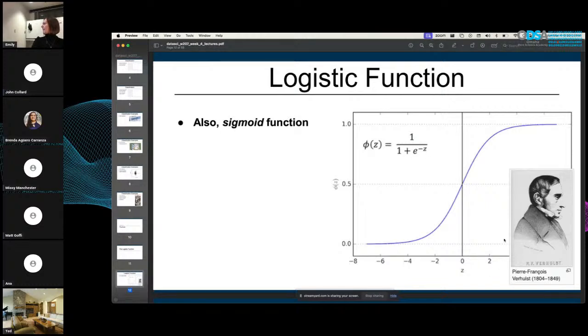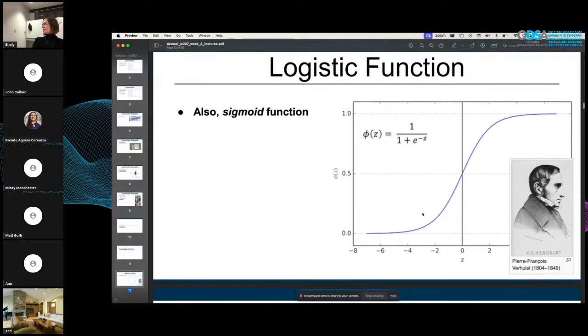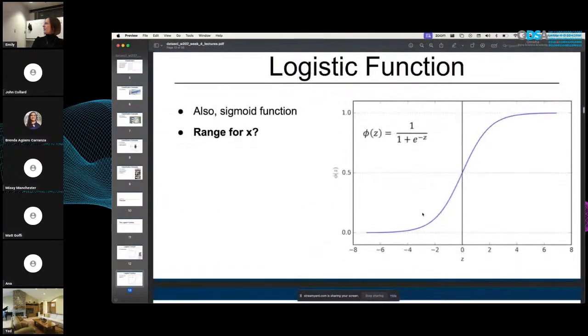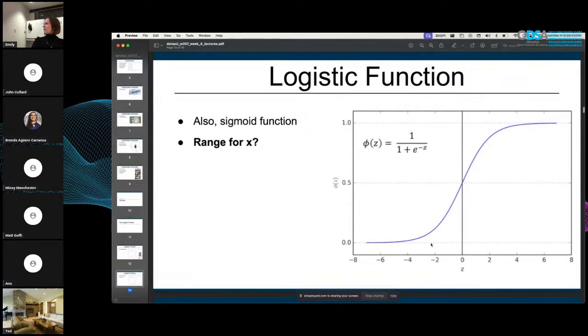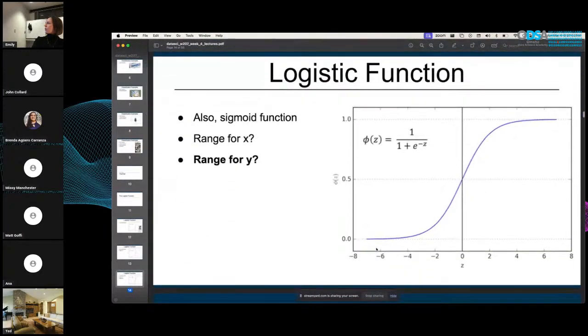And there's this guy that did a bunch of stuff on population genetics, and that's where this kind of curve came from. You have kind of this lower population, and then they're growing, and then at some point the population stagnates. It's used a lot in population genetics. But the input ranges for x can be anywhere from -1000, it's still going to predict 0, all the way up to like +1000, it's still going to predict 1. So -infinity to +infinity. But the outputs for y are always bounded between 0 and 1.